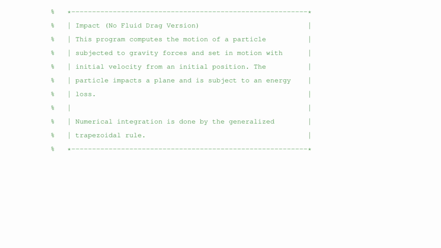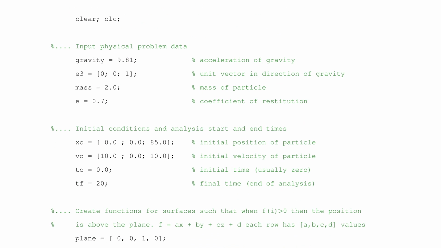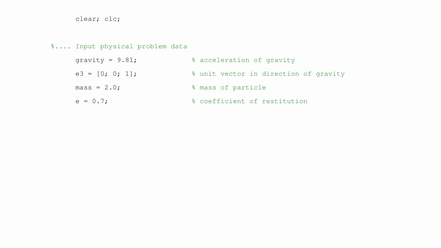So when you download the code, this is the first thing you're going to see, as usual, comments. And when you run your code, you're going to see this plot. And if you don't see this plot, something might be wrong with what you downloaded. Make sure that your .m file has the correct title with no parentheses in it, and that your plane is initially set up correctly. So as usual, we're going to clear everything with the clear and clc commands and then